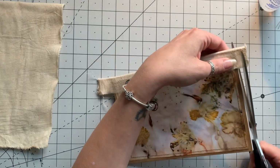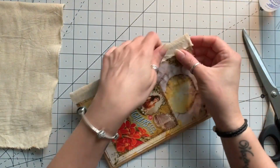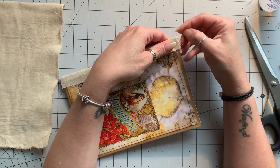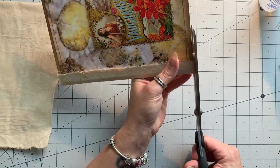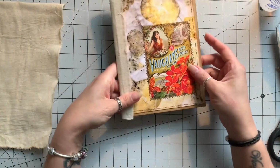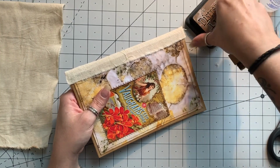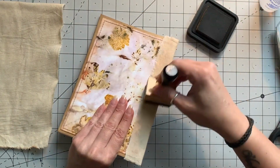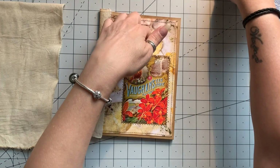Okay, so I'm gonna snip off my ends, and I'm just gonna, oh, that one's not very close actually. I'm gonna just give these a little, that's a bit too far away as well. Okay. Cool. Just going to ink this a little bit. Okay, that's done. So there is room to put obviously quite a big tag in here,